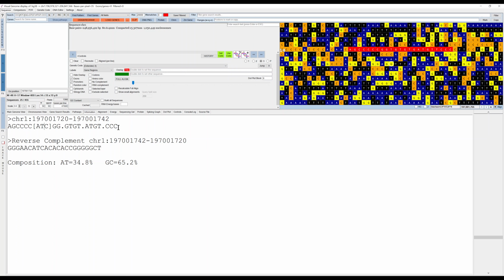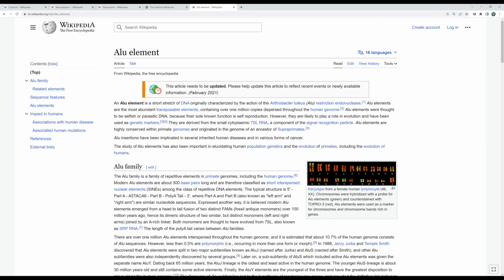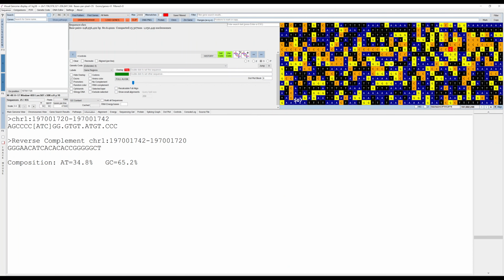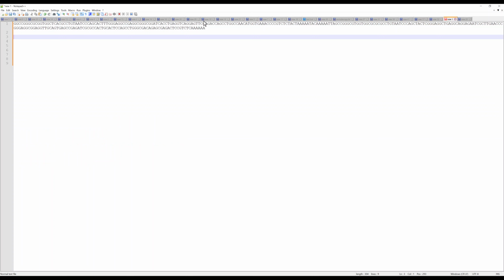Now in order to show you that this box here at the top can be used for searching through the genome as well, there's this find pattern button at the top. What I'm going to do is search for an ALU element. There is a specific ALU element that occurs many times in a genome, and I've copied it here.